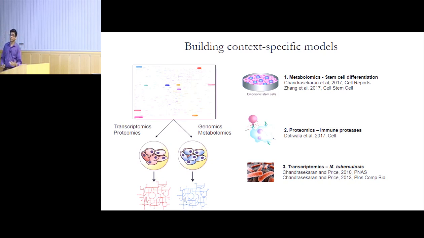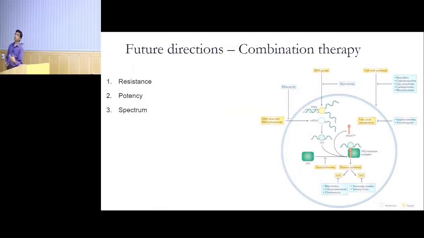So one power of these models is that we can do all sorts of perturbations to the system. I talked about how we can use PROM to predict growth phenotypes in over 1800 different conditions. We can do gene knockouts, change environmental conditions. So using these algorithms, you can figure out the entire combination space of genetic perturbations that you can do in a system.